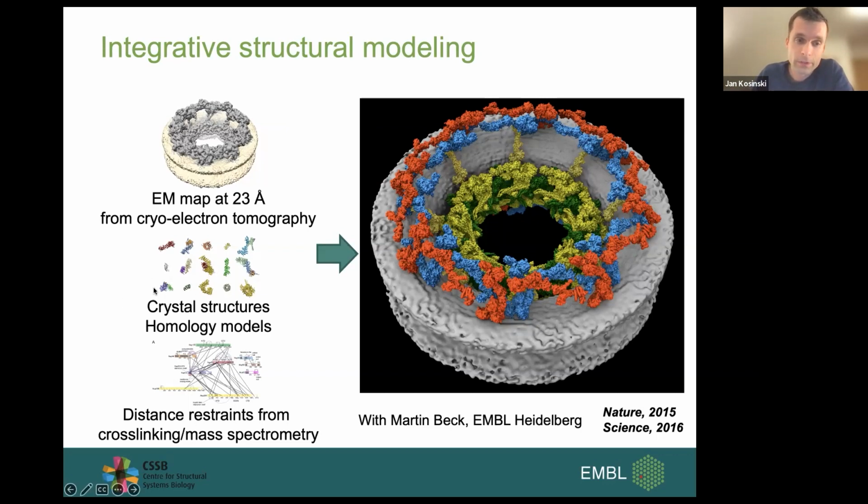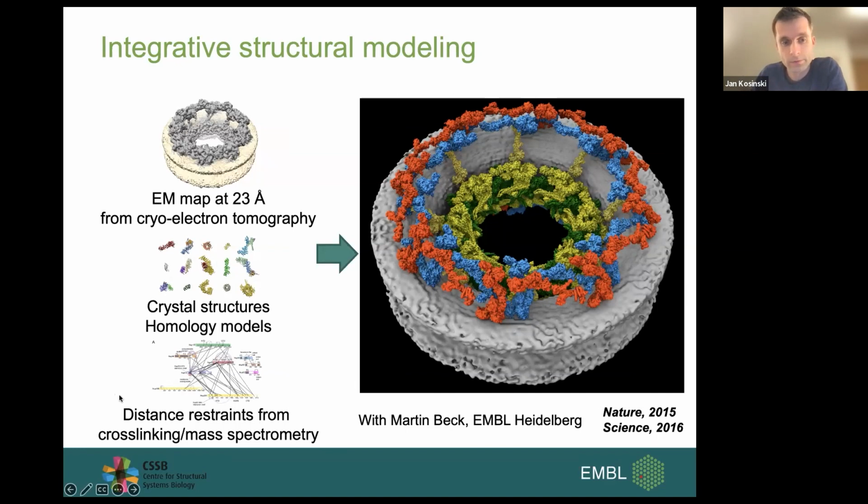So what I did at that time, I collected crystal structures and homology models of proteins that belong to this complex, and also other information, because if you just take these proteins alone, you cannot really fit them unambiguously in this low resolution map.